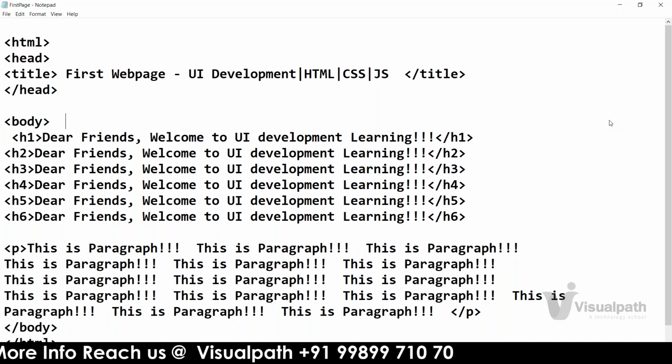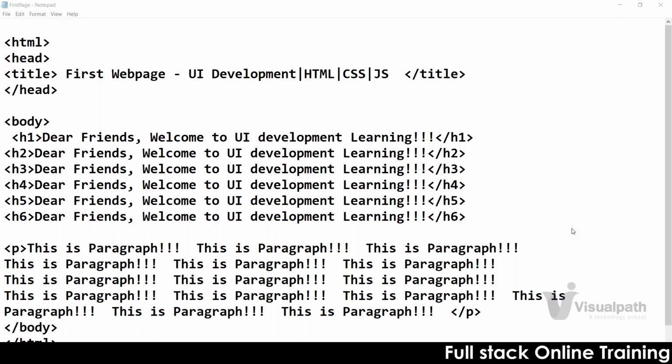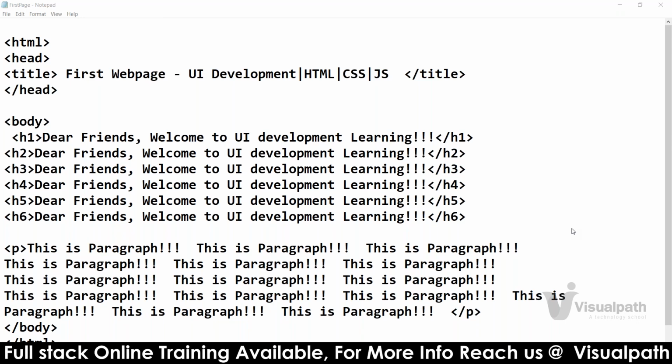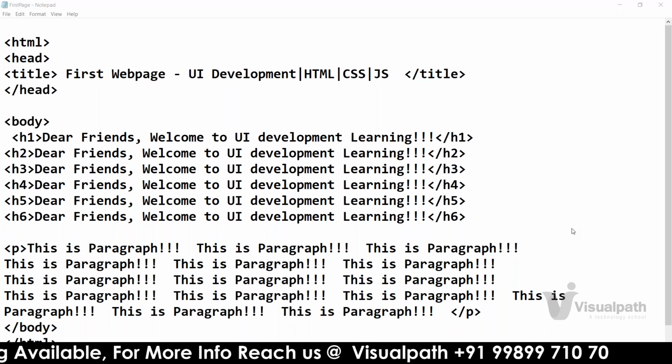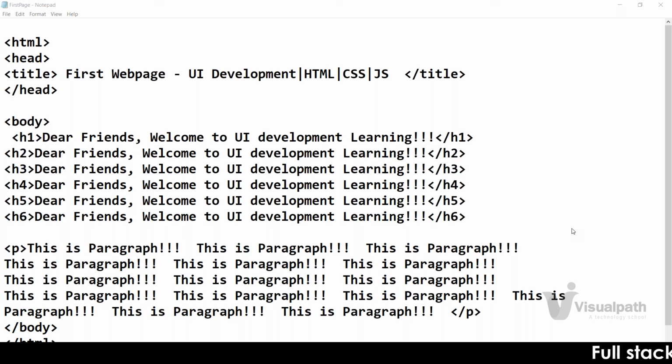Okay, sir. Thank you. Sir, when you're explaining those new tags, just point it out, because it will be better for interview purposes when they ask about any difference. The new tags which were added in HTML5, at the time of explaining, just point them out, so that it will be helpful. Yeah, definitely. What are the new tags added in the HTML5 version, I will be mentioning them. Yeah, don't worry. Thank you.